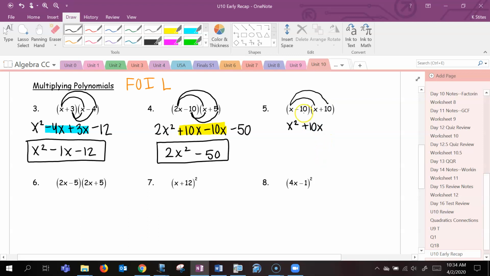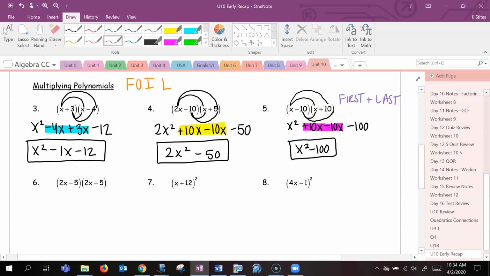So x squared plus 10x, inner is minus 10x. Again, we're multiplying last. Negative 10 times 10, negative 100. Okay, so we'll see that cancellation occur here. All right, so our shortcut for this one, see if you remember it, was first and last. And that's because when you have conjugates, which is this pattern here, your outer and inner, these middle terms will